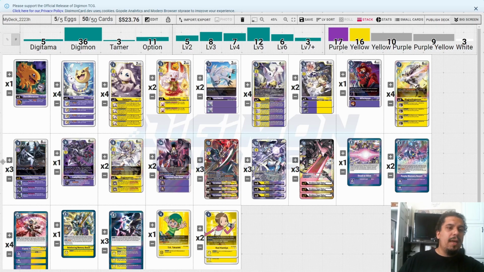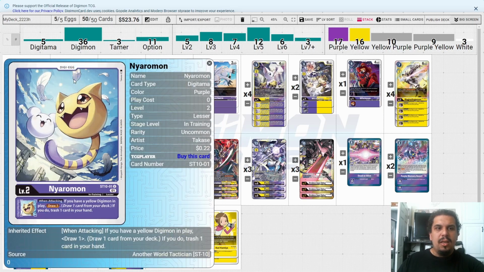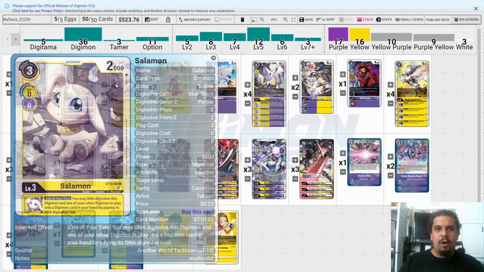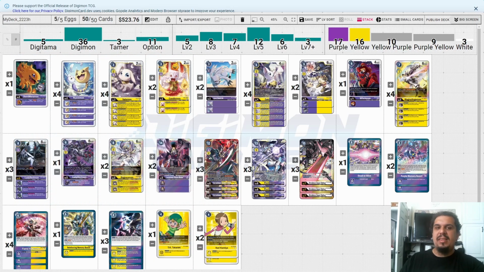So to start, we have our eggs. We have 1 Demi-Meramon and 4 Niaramon. Niaramon is the new egg from the starter deck. It allows you to, when attacking, draw a card and discard a card if you have a yellow Digimon in play. This means that if you evolve into one of our rookies that can evolve over purples, that would meet the yellow Digimon requirement. The reason I have more of this over the Demi-Meramon is because I want to try and guarantee get my draws, because a lot of the times the hands of this deck can feel a little